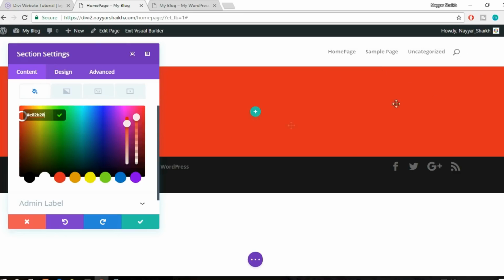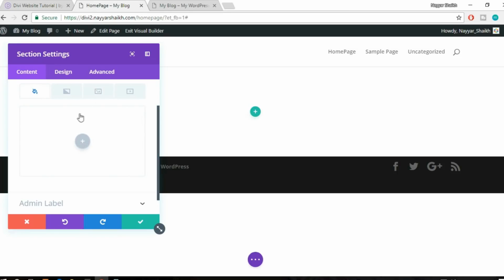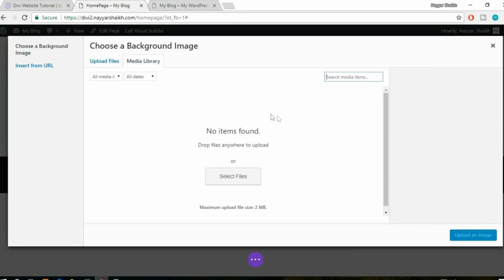Now as you can see, we have a red background color. But we don't want that, so we'll delete this one. We want an image in the background, so we'll select this third one and click on the add button or this plus button. Now you go to the media library, but we don't have any file in the media library till now,